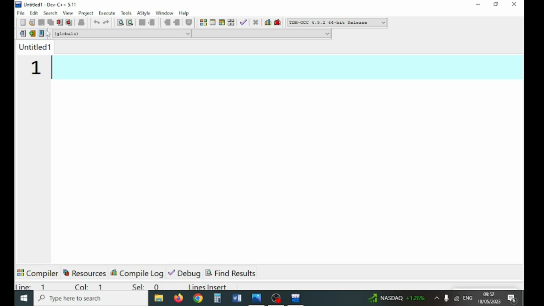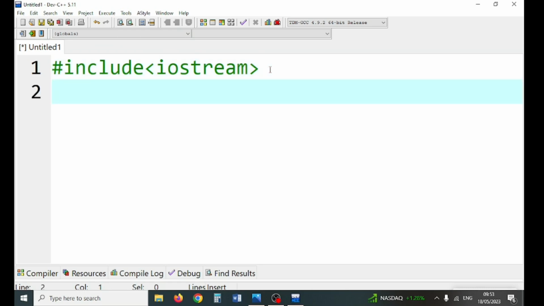So remember that the if statement is accompanied sometimes by the else, where the else gives us the condition to take another decision. But let's start with the if. We start, remember, our C program, we start with the hash include, then the iostream, yes. Then from there, we can go to using namespace,